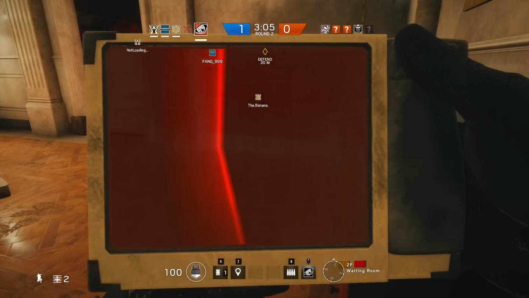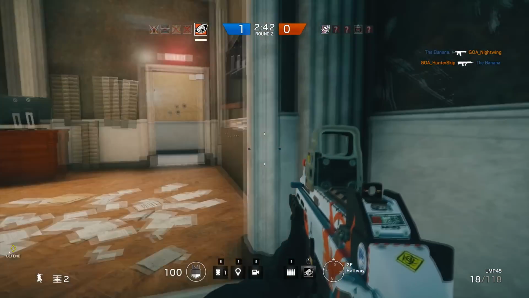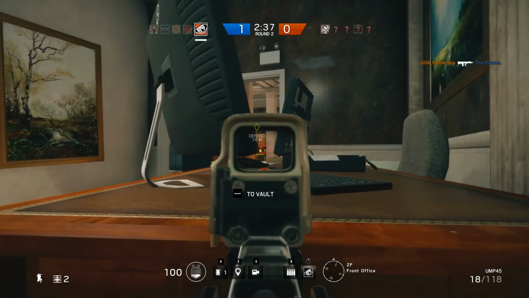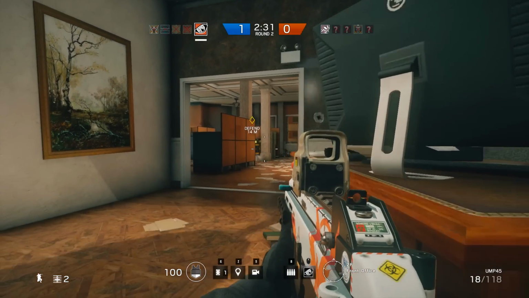I'm attempting to roam, but it's not really working out. My teammates wind up getting a little bit too aggressive and get taken out. Now, I know that Sledge is outside, and just the fact that I am Pulse pretty much guarantees that I win this engagement if I stay calm, use my gadget, use my ears, and play this